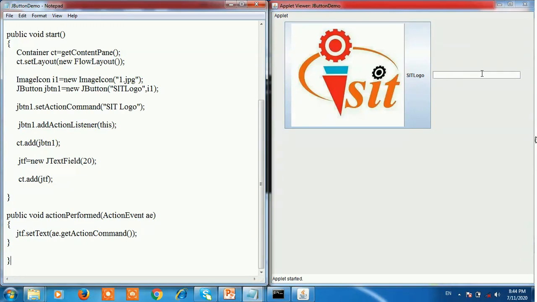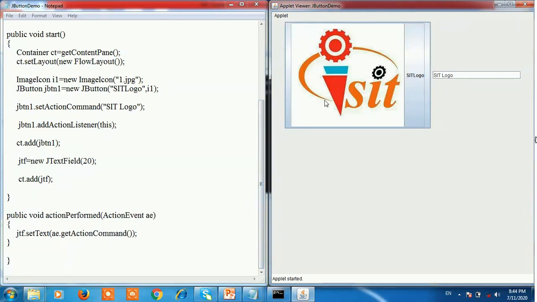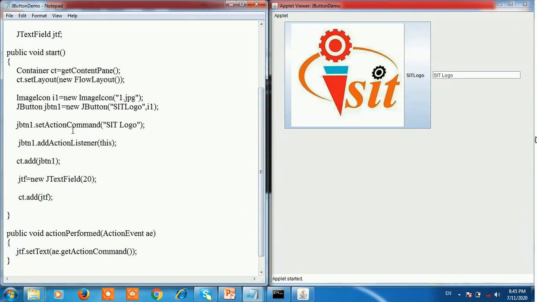The text field is empty, but when you click on the button SIT logo, the text is SIT logo. When you click on the button SIT logo, the action event is performed, the actionPerformed method runs, and in that the text of the JTextField is set to getActionCommand, where the set action command is SIT logo.